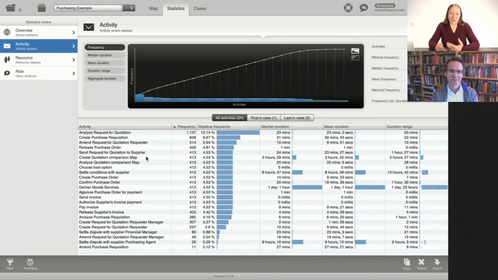But for production processes, often another metric is important, for which you also need start and complete timestamps, which is utilization metrics. So I'm curious, Hajo, do you also sometimes work with utilization in your research? Yes, definitely, because utilization is a very important aspect to understand how much capacity of workforce you have available to complete things.